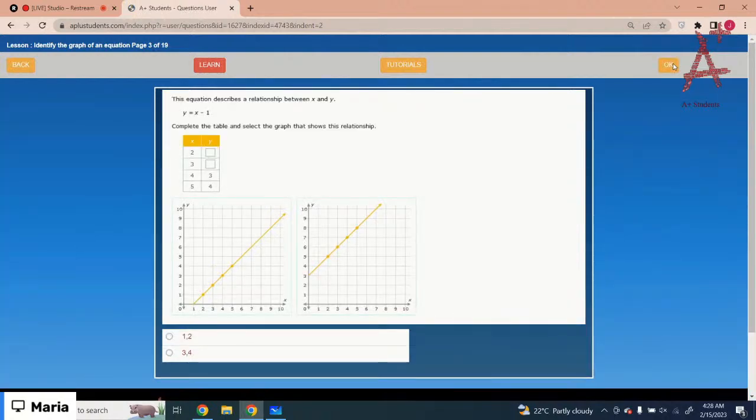Okay, the next one is this equation describes a relationship between x and y. So y equals x minus 1. Complete the table and select the graph that shows the relationship. X minus 1, x is 2 and 3. So 2 minus 1 is